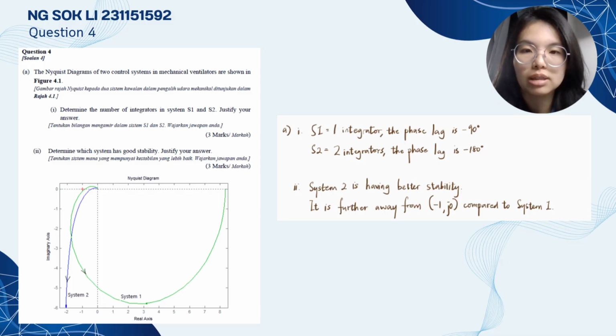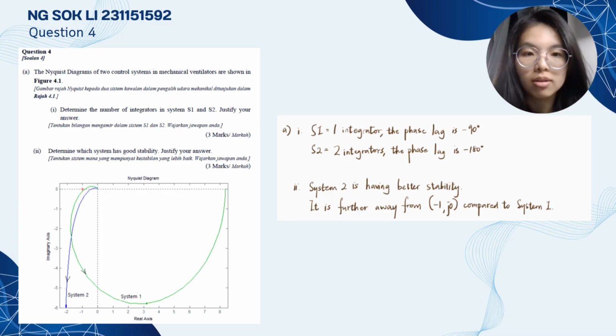So the first question is to determine the number of integrators in S1 and S2. For S1, it is 1 integrator since the phase lag is negative 90 degrees, and system 2 has 2 integrators since the phase lag is negative 180 degrees based on the diagram given. And system 2 has better stability since it is further away from the real axis negative 1 compared